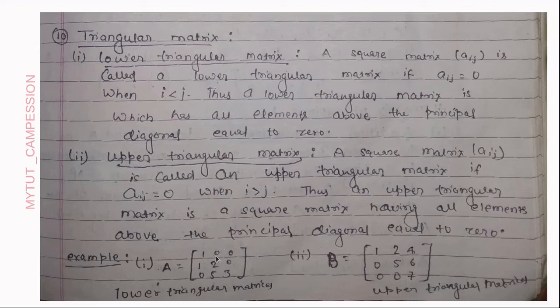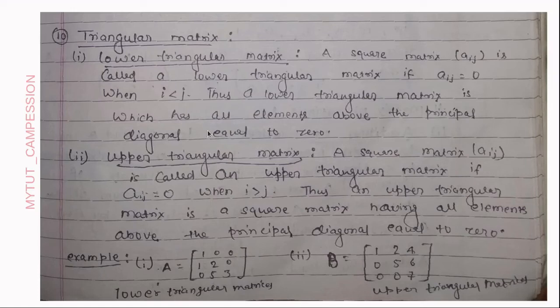Here is the first row but the column is second, so the element is 0, when i is less than j. Okay, it means the number of the row is less than the number of the column. Similarly, here is the first row and third column, and here is the second row and third column. If all elements above the principal diagonal are 0, then we can say that it is a